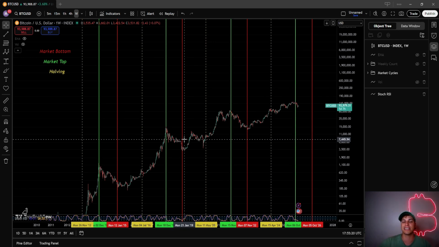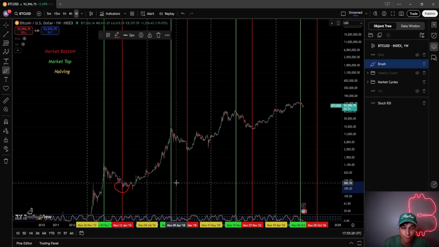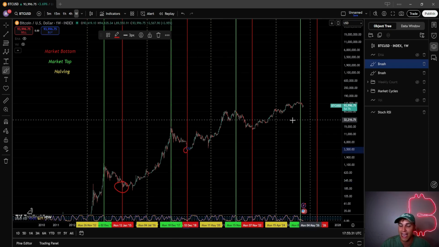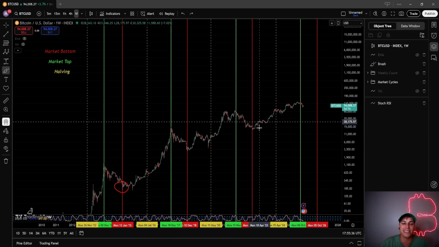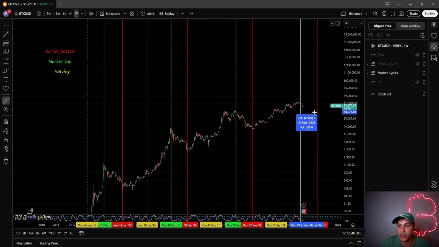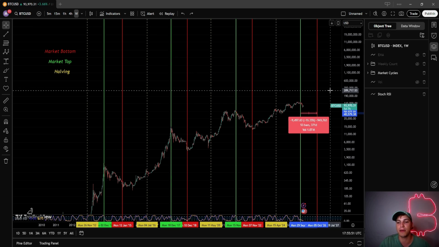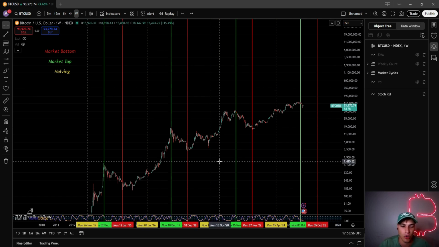If we are to predict the next bottoming structure, as you can see here, we had a bottom over here in 2015. Over here, we had a bottoming in 2018. Over here in 2022. So if we are now to predict the next bottom with the amount of days, the next bottom comes in at around the 5th of October 2026. We will now have a year of possible bear market, 370 days or so. This has been the standard for Bitcoin for the past while.